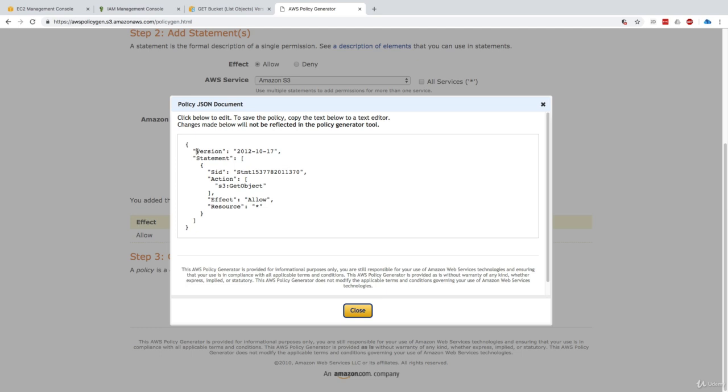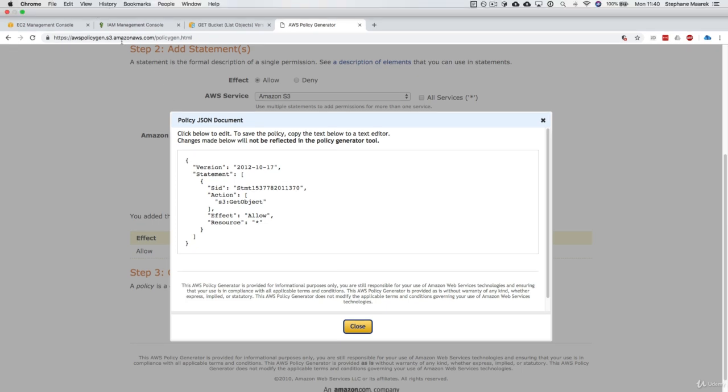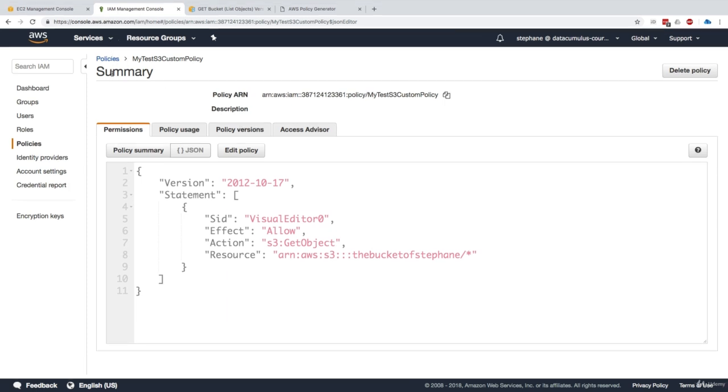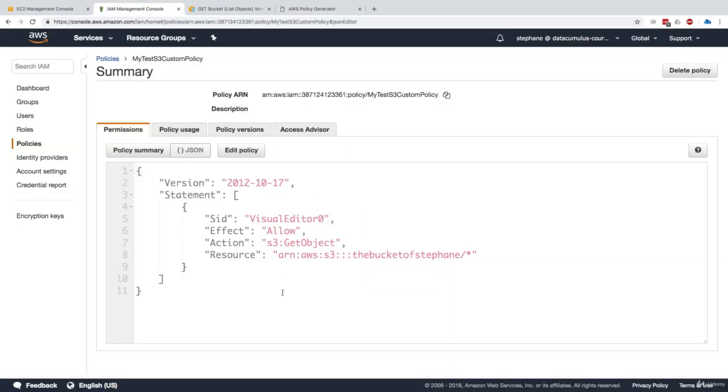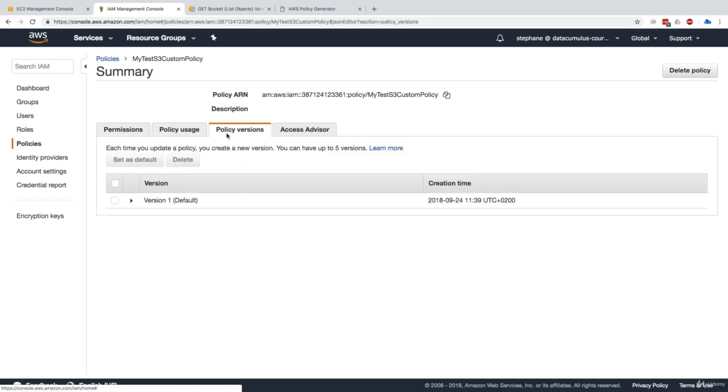So these two tools are very similar. They're both created by AWS. So now I think Amazon most likely wants you to use the visual editor we've had in the IAM console, but just so you know, there is also this policy generator tool right here. So from this, you're able to create your policies. The advantage of creating policies here is that you can see who is using it and the version, so you can basically add versions of that policy to make sure that you can always roll back to a previous version if it was too permissive, or you get to track as well all the versions you've ever created.